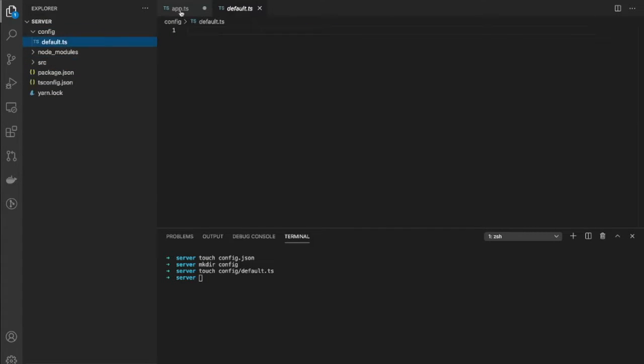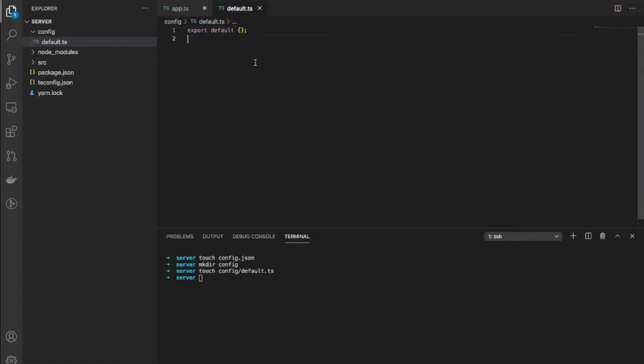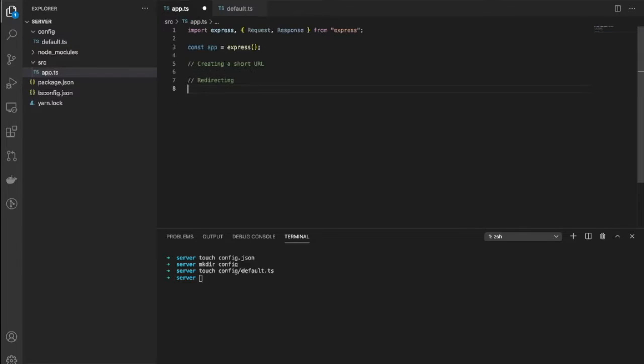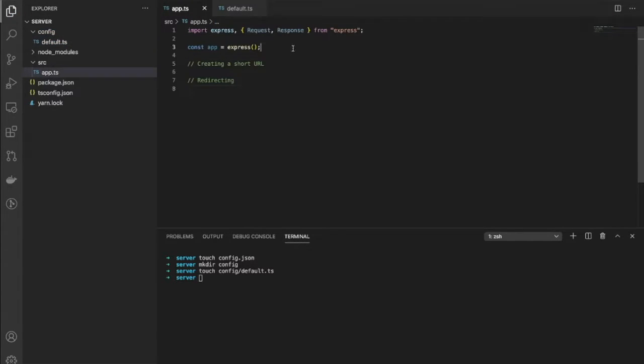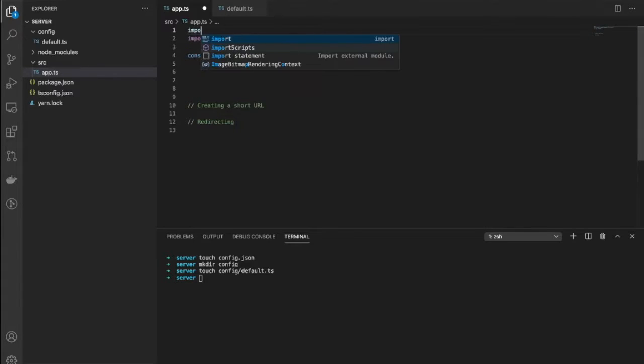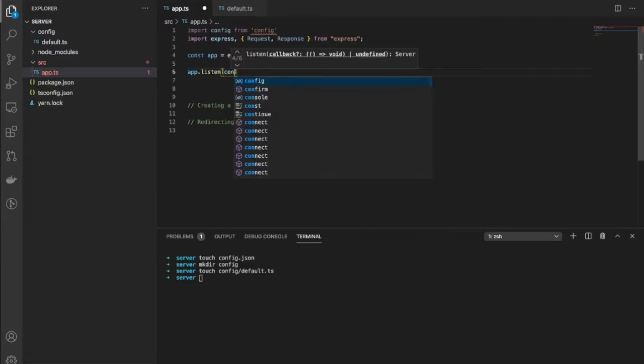Okay, so here's our config. And I think we can just export a default function from there. Let's see if we need to do any other. That should be okay. Let's set our port to port 4000. And then we can give this a go. Let's see if this actually worked. Import config from config. And we'll say app.listen config.get